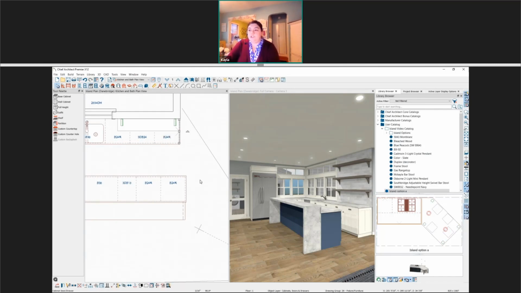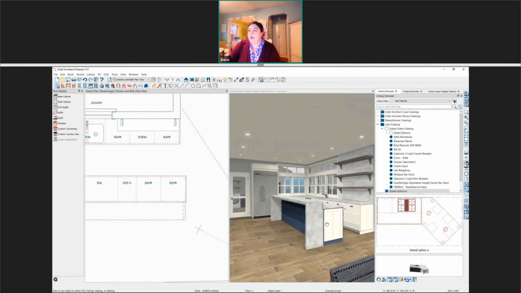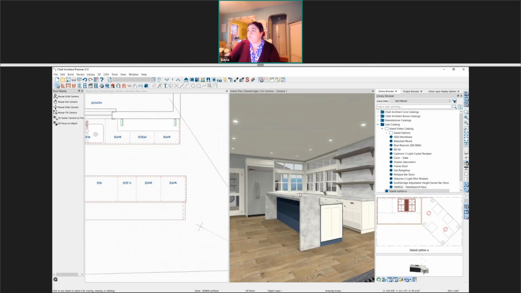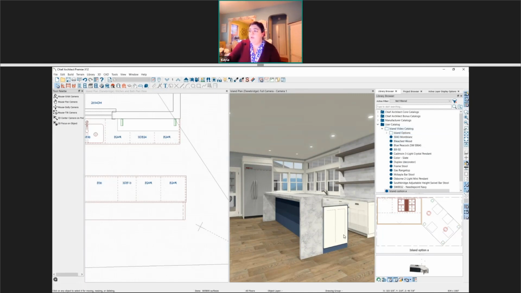I'm going to copy it, which is Control-C for copy and Control-V for paste, and then I'll paste it right into position. I need to just rotate that and pull it right up against that cabinet. Now I'm going to copy this along the back as well. Before I do that, I want to change the material of it. So let's change the material of all of the island so far and of the panel.